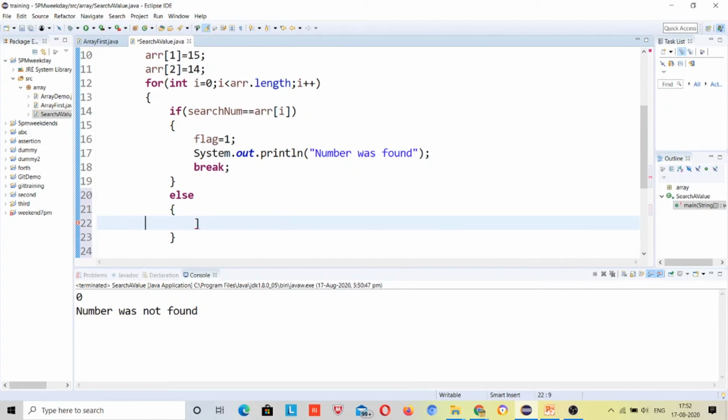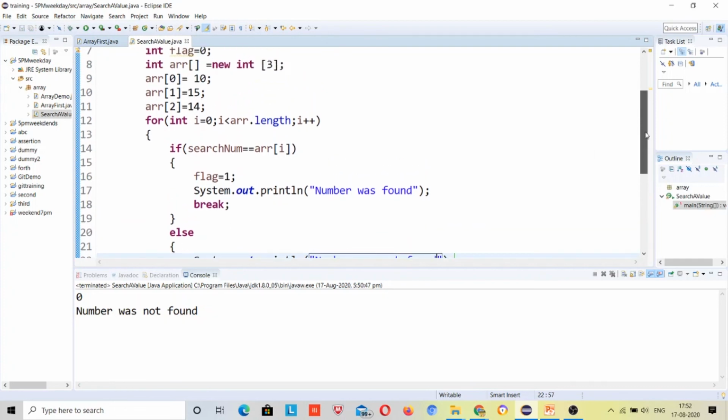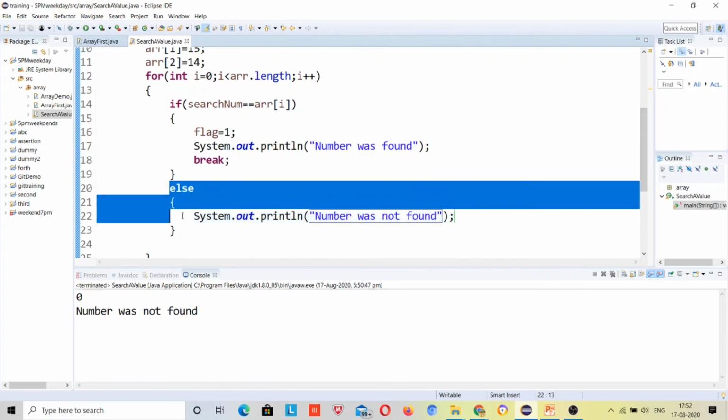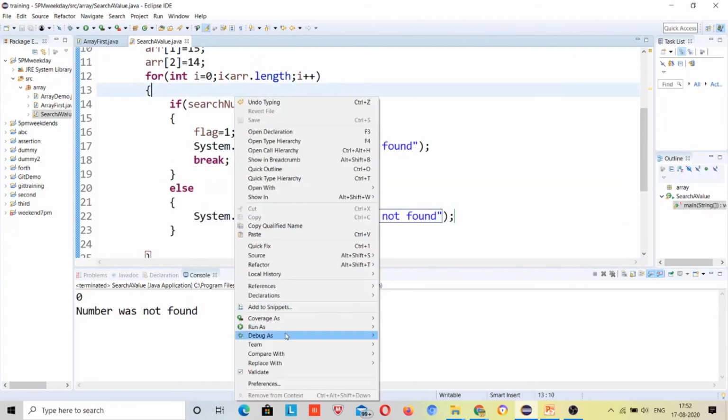I want a single message, but it will print number was not found multiple times. Because this else is inside this loop, it will print 3 times.